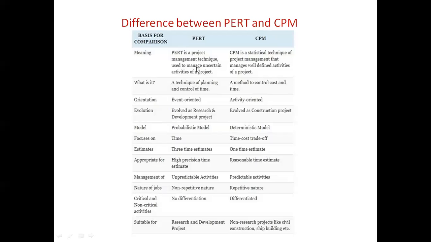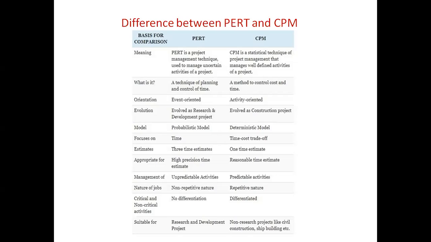Before going to discuss this, one thing I would like to tell you is that PERT and CPM are the widely used techniques of operations research for network analysis in project management. These two terms have become synonyms for network analysis in project management. Here, let us see what are the major differences between these two techniques.